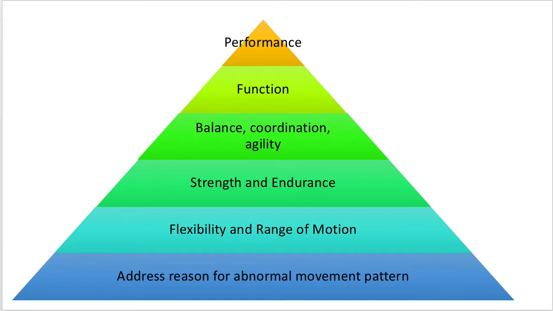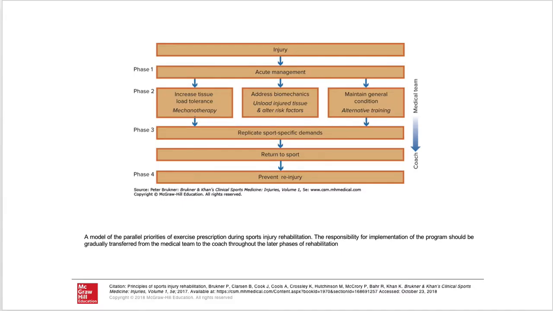But the top is really where it should be. You should have all of these underneath of it before you start to work on performance. So if someone has a strength deficit, you really need to address that before you're having them do some plyos and agility and speed. So make sure you're coming back to that. This is kind of what I was talking about. I know it's small and maybe you can zoom in on your computer or print it and really look at it, but this is a phenomenal thing.